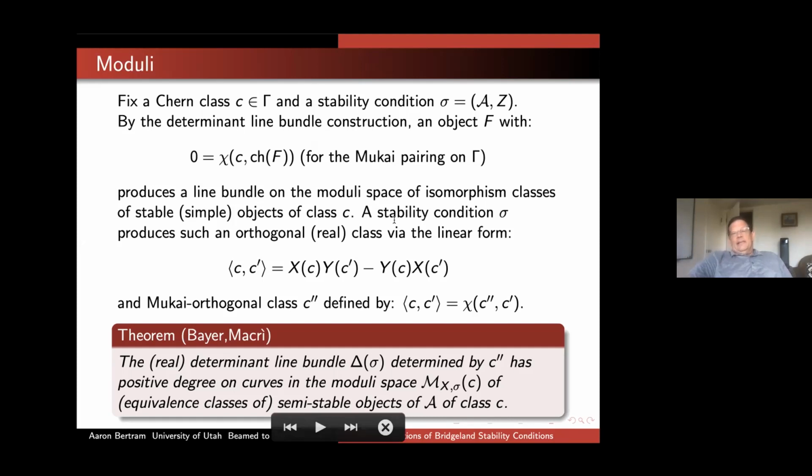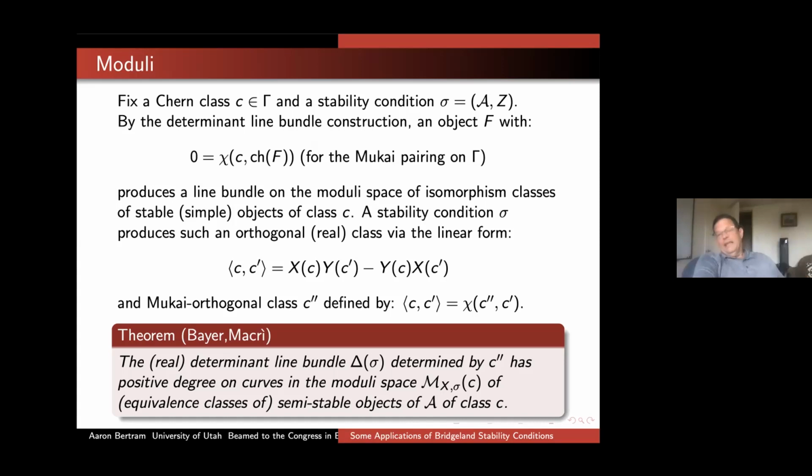Anyway, the point is that a stability condition actually produces, given a class C and a stability condition sigma, such an orthogonal class. We get it via this symplectic form applied to this fixed C and then an arbitrary C prime, just xy minus yx. If I think of this as a linear form on the C primes, then I can replace it with chi of C prime. This is a linear form, so it has the form chi of C double prime, C prime, because the Mukai pairing is non-degenerate. And that C prime, by construction of this form, is orthogonal to C double prime and therefore defines a line bundle on the moduli